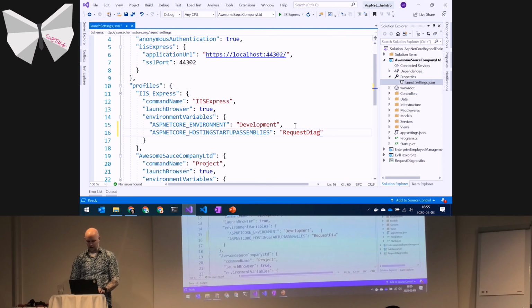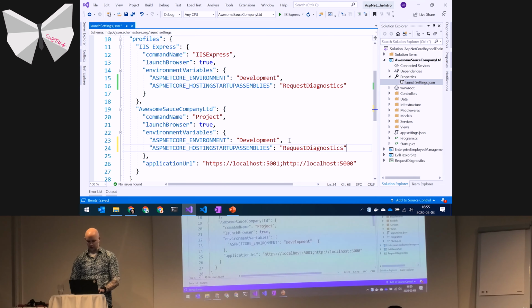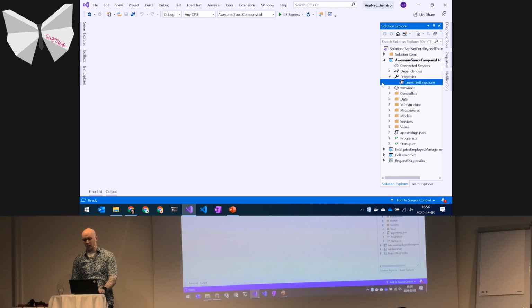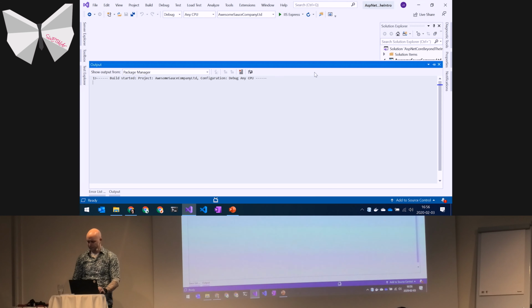Request diagnostics, like that. Did I spell it right? Request, that looks pretty good. And just for the heck of it, I'm going to do it down here so we don't have different settings for different environments. Now, I haven't done anything inside of my application more than I added my environment variable to get that set up. That would, once again, be on your server as you deploy to a specific server. And I added a NuGet reference, which a runtime store would have fixed for you if you hadn't added a NuGet reference. And if I start this application now,